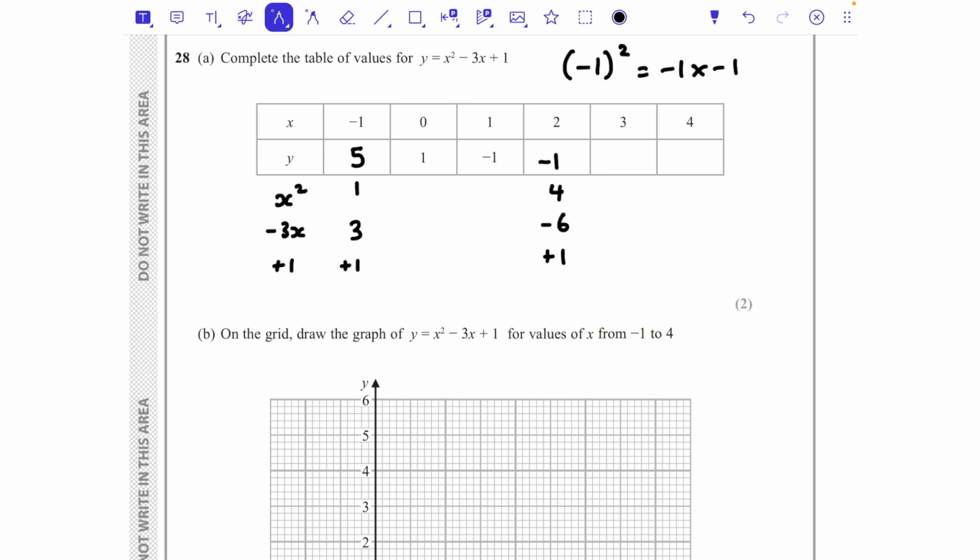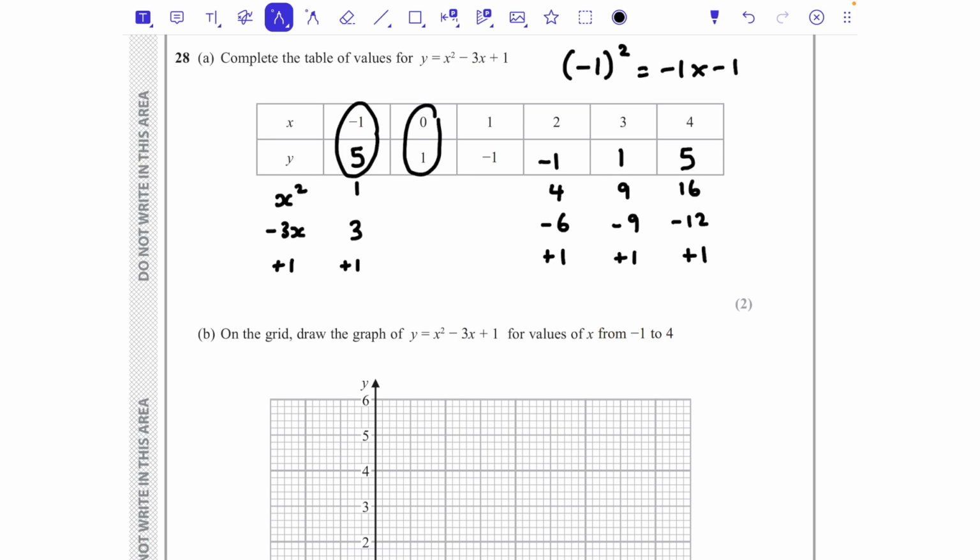For the next one, I need to do 3 squared, which is 9. Minus 3 lots of 3, which is minus 9. And then add 1, which is just 1. And then I need to do 4 squared, which is 16, minus 3 lots of 4, which is minus 12, and then again we need to just add 1. 16 take away 12 is 4, add 1 is 5,